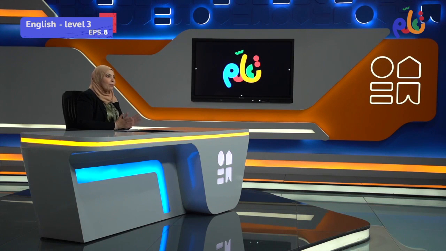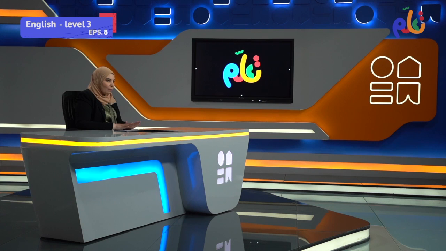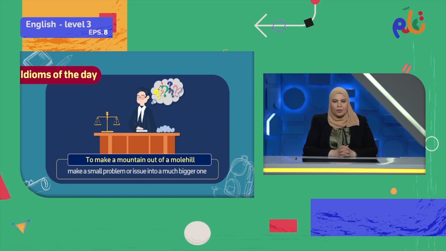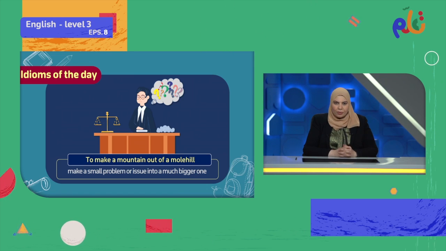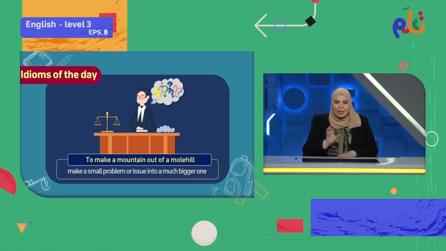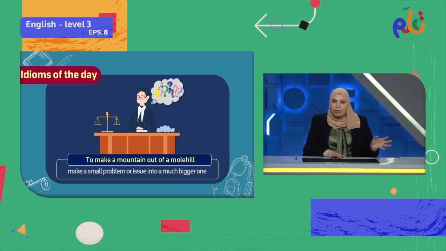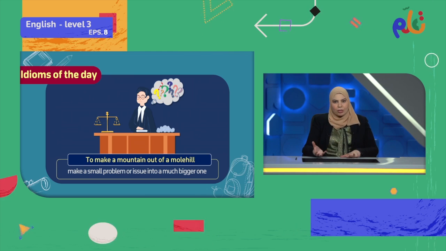For example, my teacher thinks that I made noise, but it wasn't me. So my teacher made a wrong assumption. So I can say, my teacher is barking up the wrong tree, which means she's making a wrong assumption. Or when I make wrong choices, like I chose to travel and the weather was very bad. So in this case, I say, yeah, I chose that place, but I was barking up the wrong tree, which means that I made the wrong choice. So barking up the wrong tree means this is not the right person or this is not the right choice.